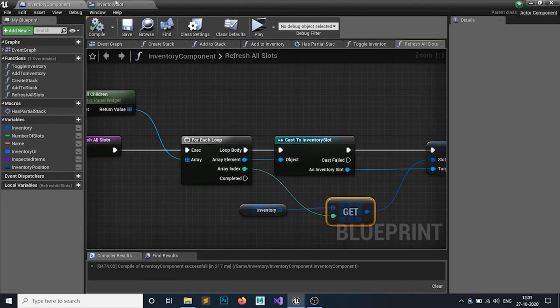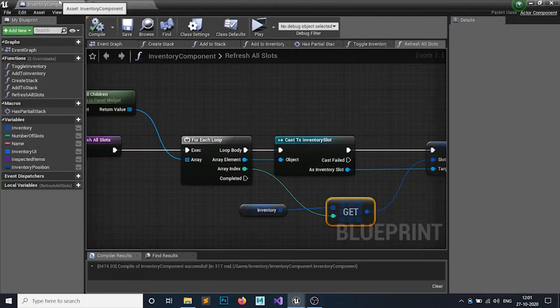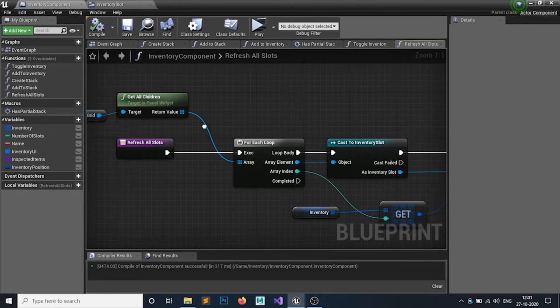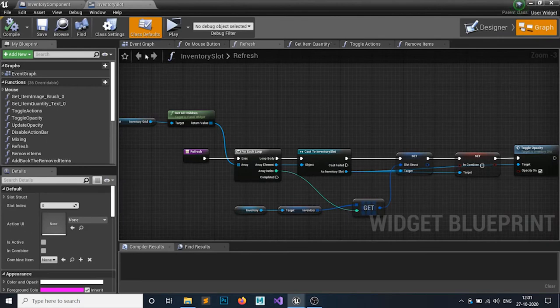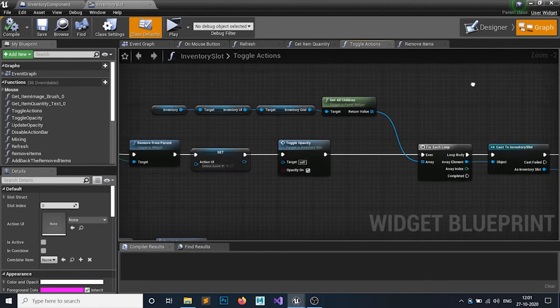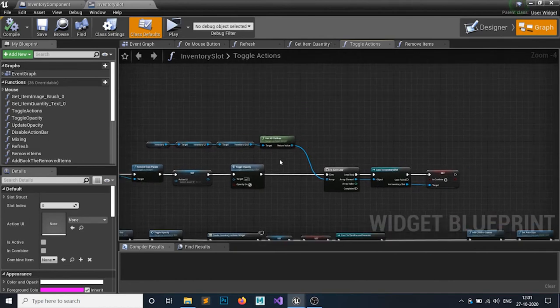Well, this is the same as this thing, we haven't done anything, but it's good to call the function in here, so it's an easy way. Now on the inventory slot, on the toggle action, you can see we are also doing this thing, get all the children and setting the combination.